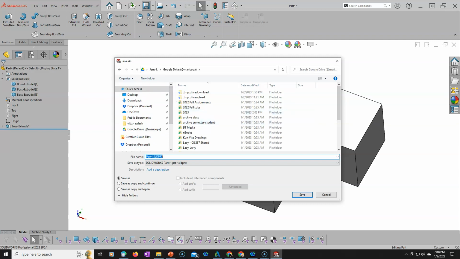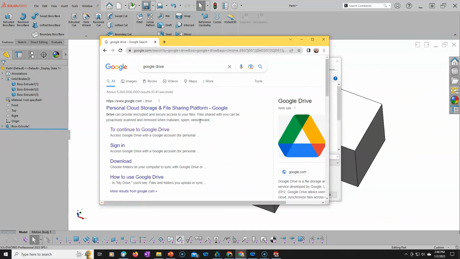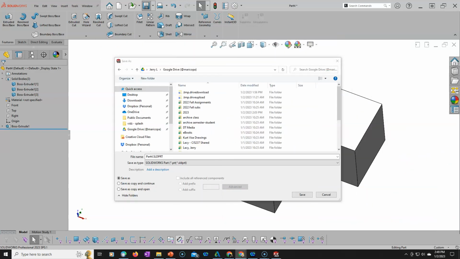So if you want to look at Google Drive, this will install a syncing, sync, to connect your folders, your Windows folders, to the Drive folders. So if I needed these on another computer, I could log into my Drive account and then